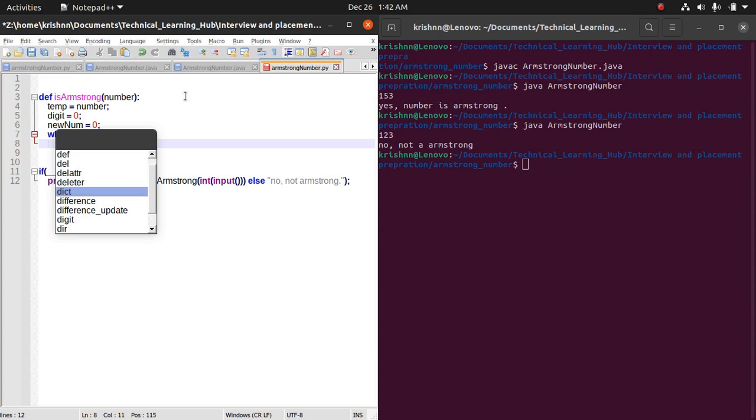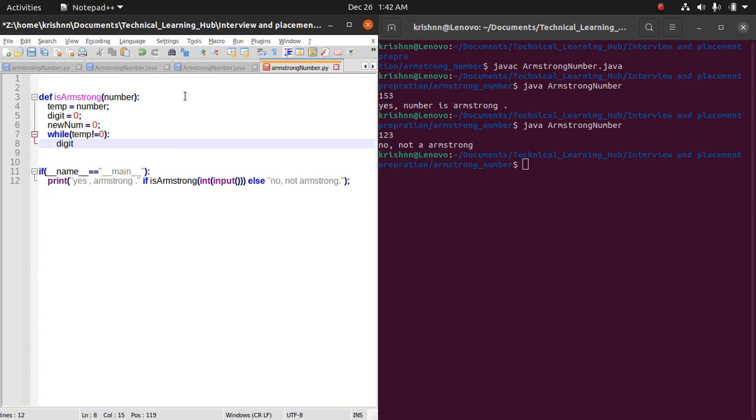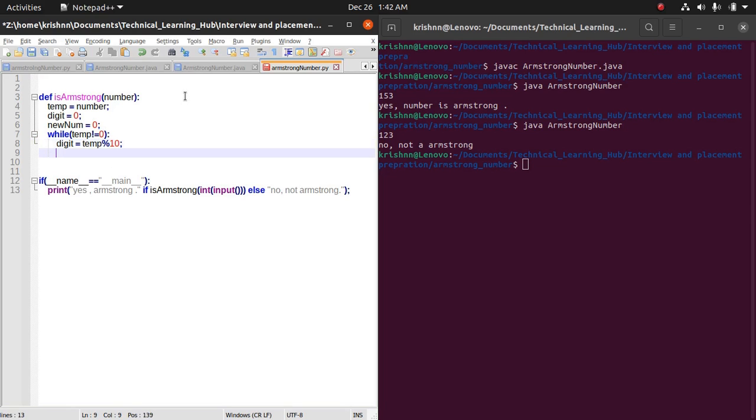We will extract the digit from the temp variable. It has a copy of the number, so modulo 10, and then the new number will be the new number plus